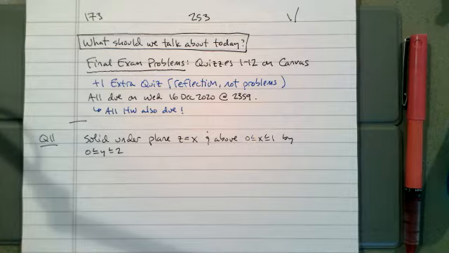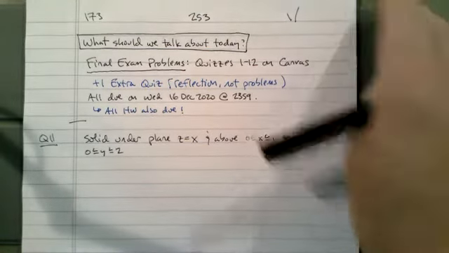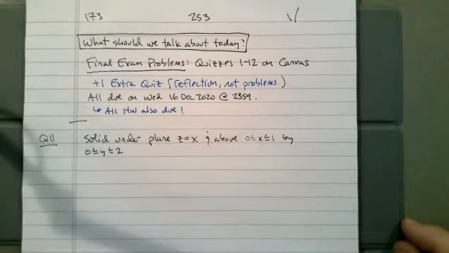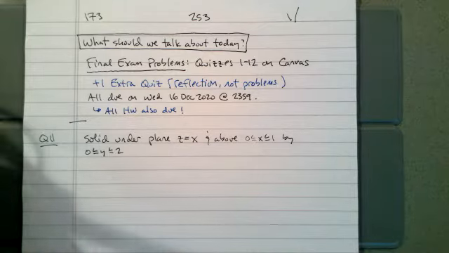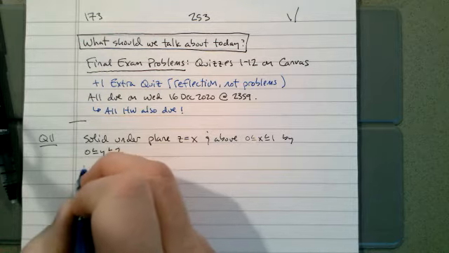Okay, so let's think about what this solid should look like. We had to write a triple integral, a double integral, and now we want to write a single integral for this solid. Let's draw a picture of this solid because we have to go back to some Calc 2 techniques. What we're going to do is take the cross-sectional area and integrate the cross-sectional area over the height. So for the single integral,